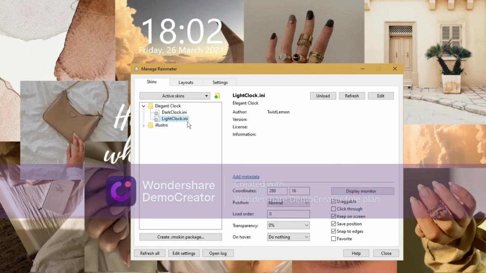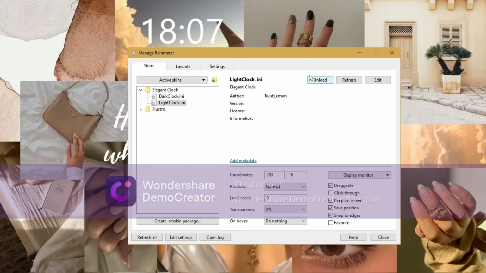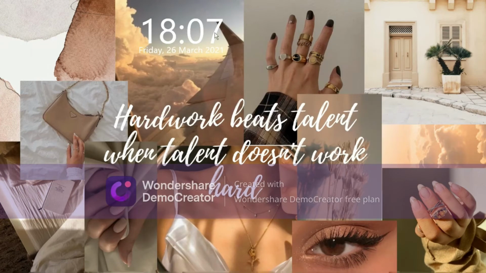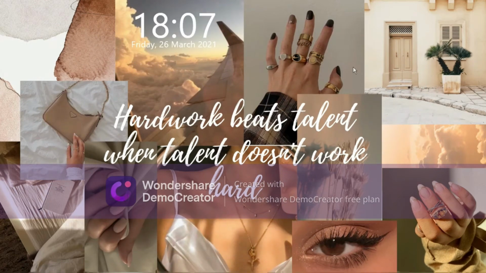So once I go to light mode, I just go here, and you can basically see some of the settings for this particular widget. You can also adjust the transparency. I can make it 40, so you can see that the transparency just decreased. I just increased the transparency back, and there you go, you can see the clock. So that is what you do. Just remember to unload or load it depending on whether you want it or not. If you want it, you definitely have to load it, and if you don't, just unload it. And one more thing is that if you click on the white part or the number part, you can just move it around wherever you want. There you go, that is what you have.